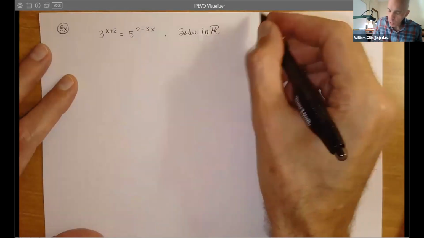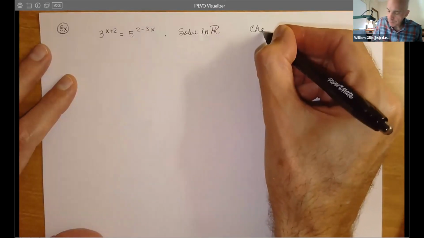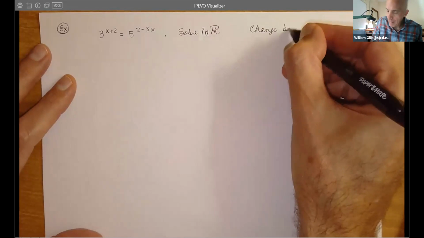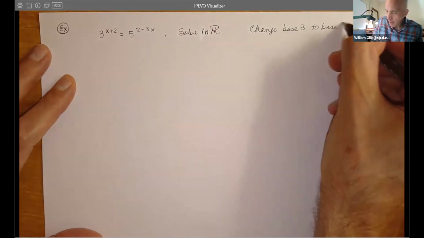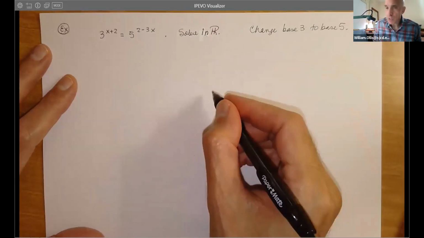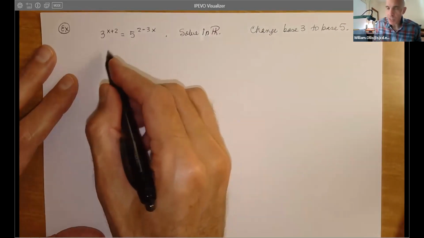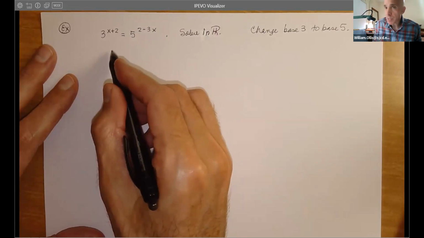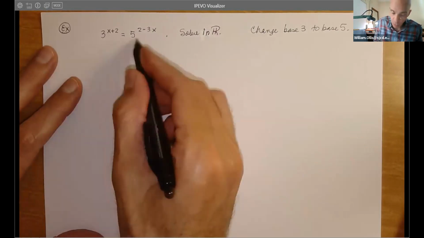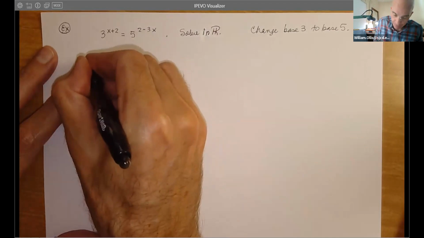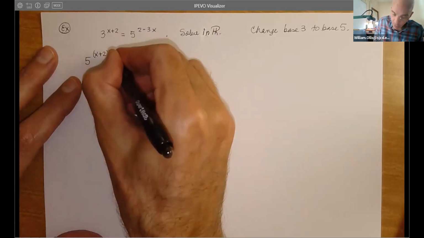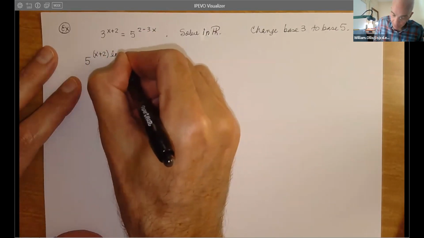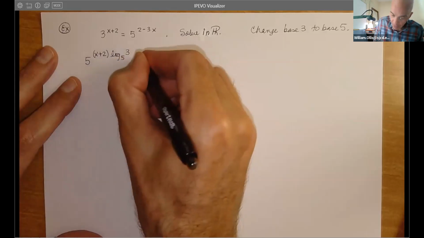So what I want you to do is change base 3 to base 5. We haven't had an opportunity to make a change of base with the exponential. We've done it with the logarithm. So let's do that. So we're going to have 5 to the power of x plus 2, bring the power down, base 5 logarithm of 3, equals 5 to the